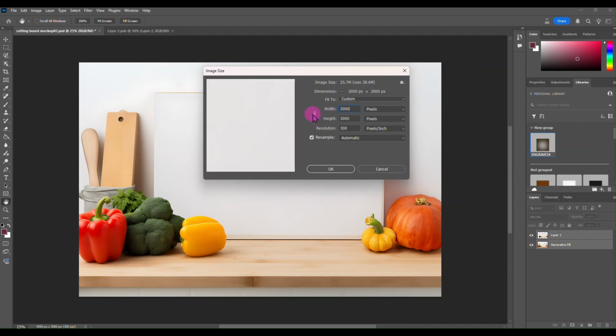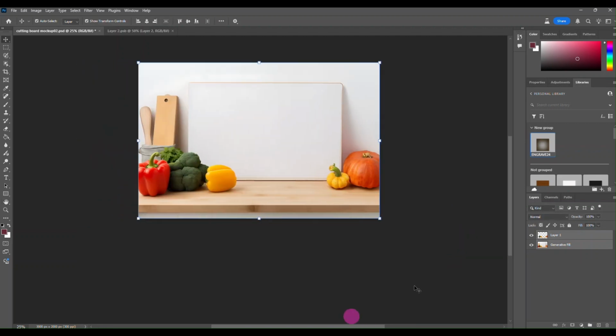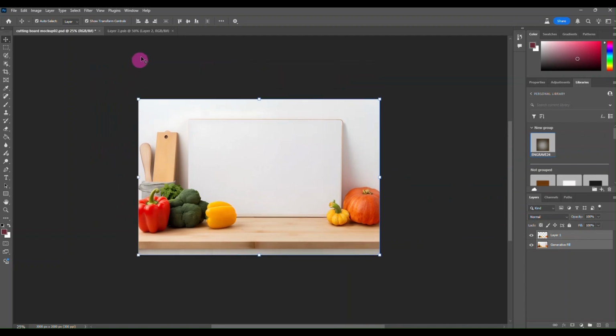Let's make this 3000 by 2000. Okay, let's go here. Now that didn't work the way I intended it to work, because now we do have